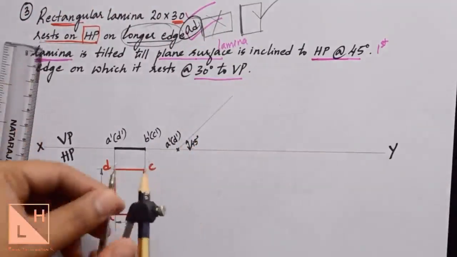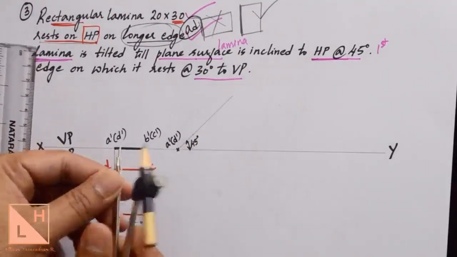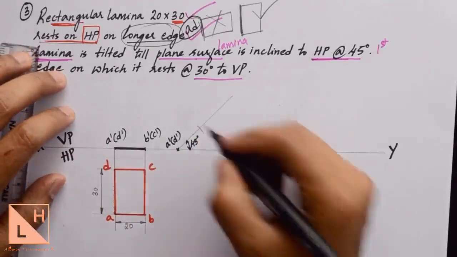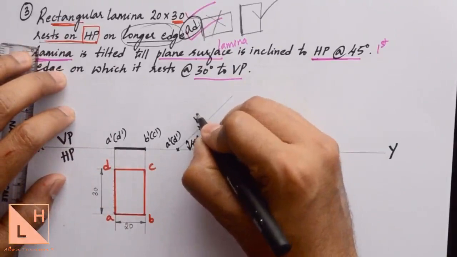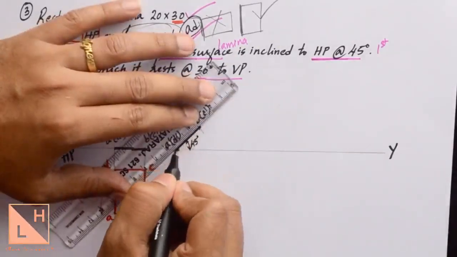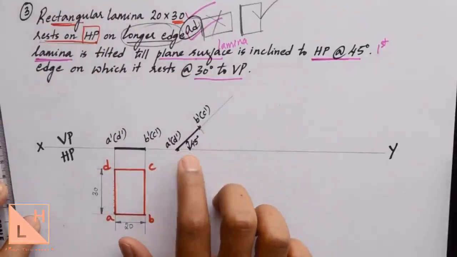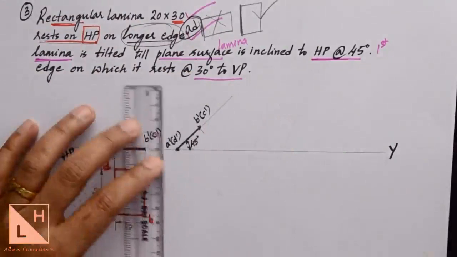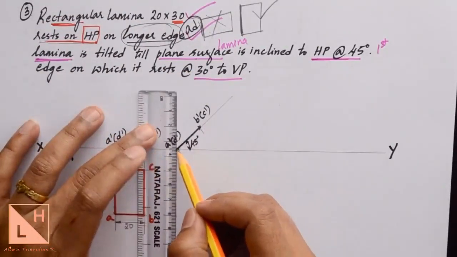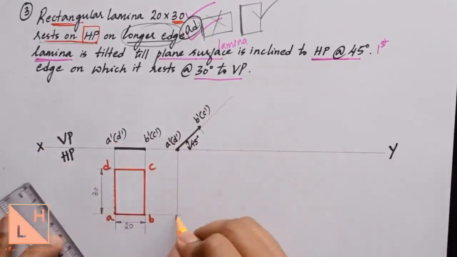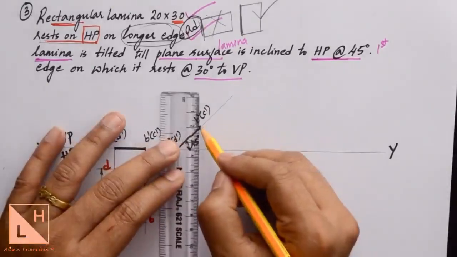The same length has to be projected to the second position, so you can measure it and cut the arc over here. Where it intersects, that will be the new points B dash and C dash. Now we have done with the front view in the second position. We need to generate the top view in the second position by drawing projection lines from A dash till A. This will be the new point. Repeat the same for the remaining points.